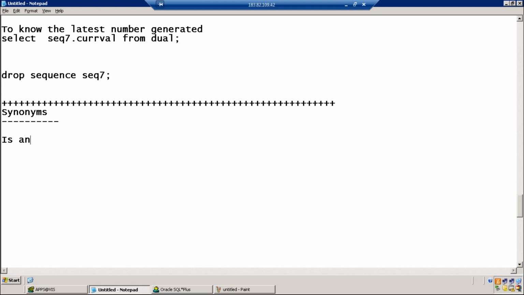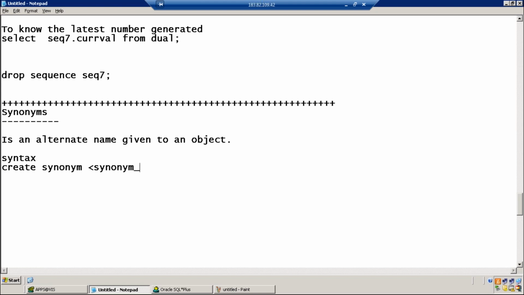Synonym is an alternate name given to an object. Generally, it is an alternate name given to a table. For example, create synonym name for table.